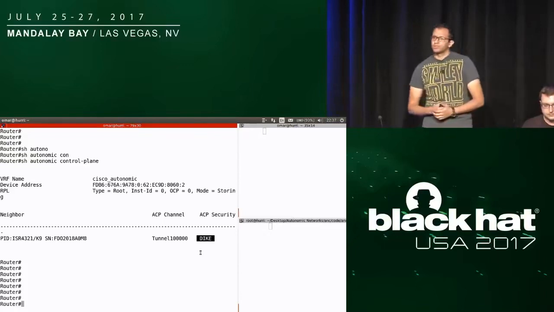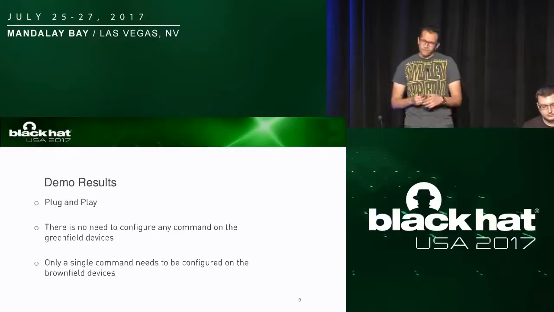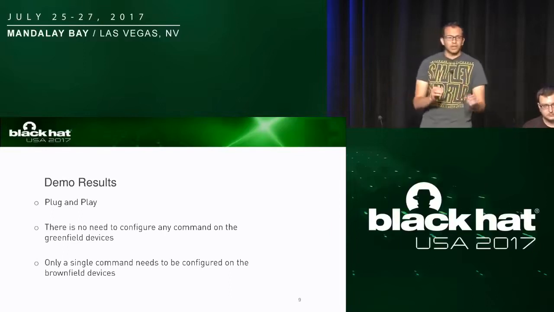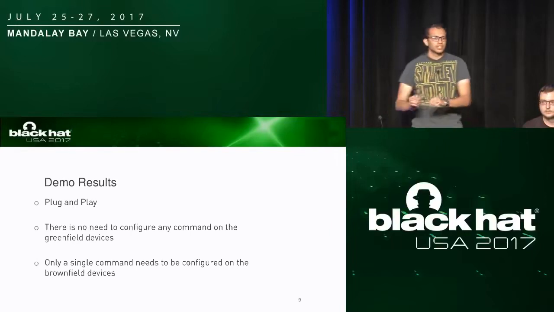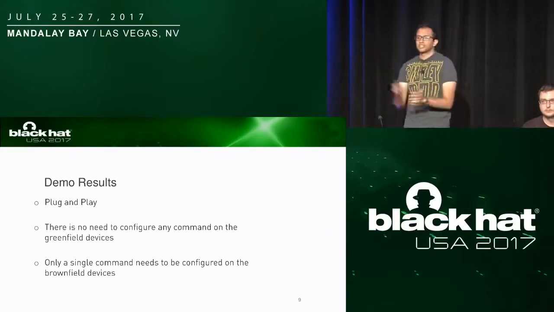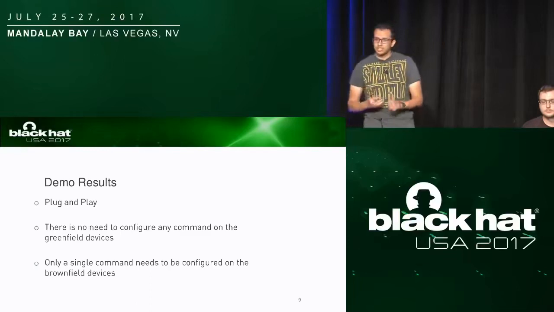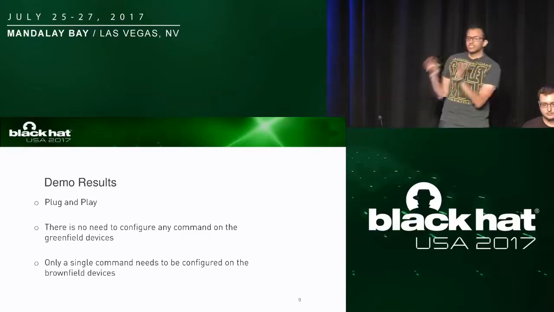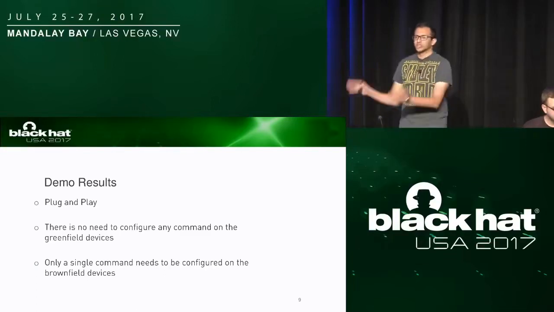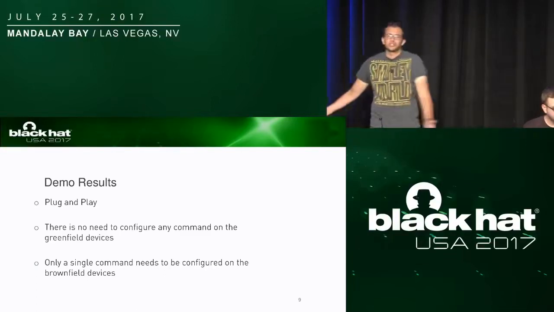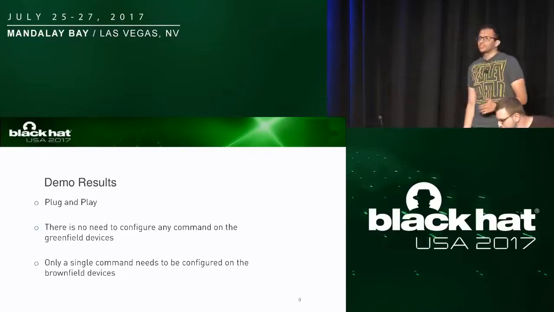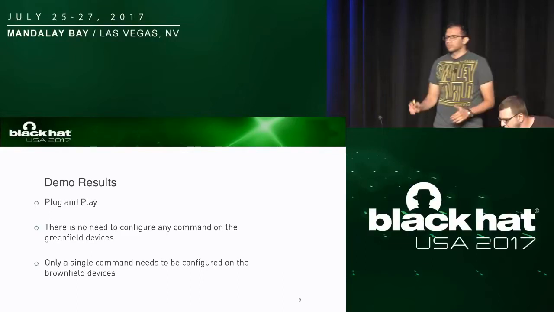So if we go back to the presentation, first we speak about the implications of what we have just seen here. First, your device is now just plug and play. You don't need to configure anything. You'll just get a basic configuration by connecting to one device. If this is a brand new device, you don't have to connect anything. Just think about this: you send the technician to the site, connect the router, and he goes home. And now you have full control and your device is working. If it's one of the devices that used to have an old configuration, all you have to implement is just one command, which is called autonomic.